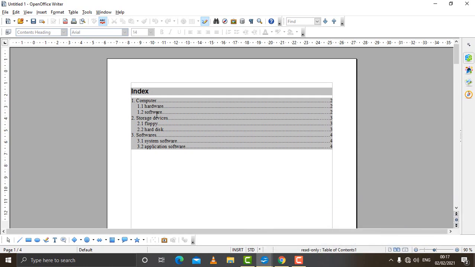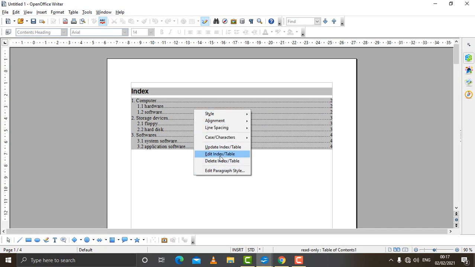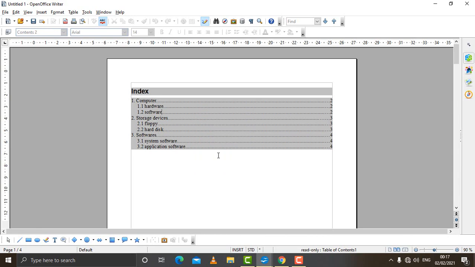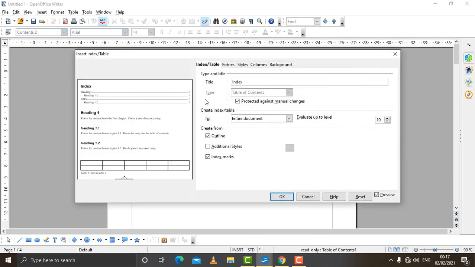The next thing which you can do is you can customize your index. Customize means how this text is printed. Here you can change the settings for this, and for that you have to come to the index, right click and click on edit index table. A dialog box will appear, and the dialog box will have a number of options like index, table, entry, styles, column, background.